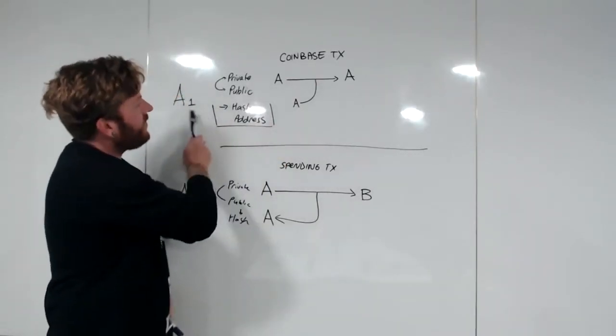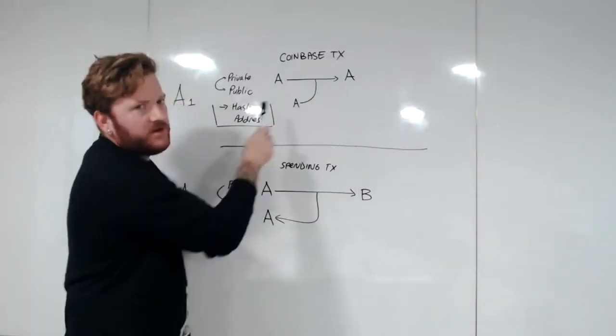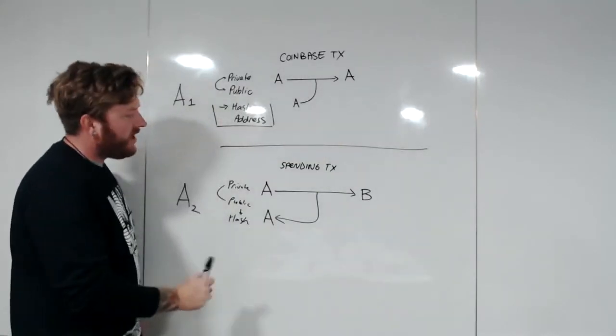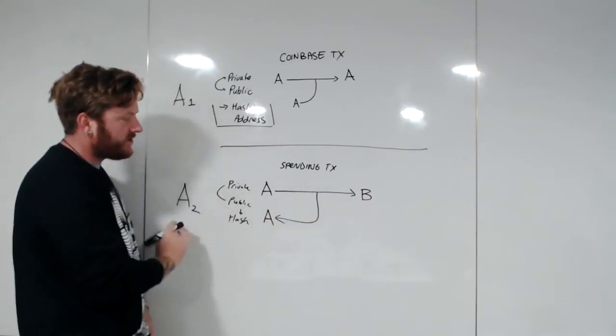Yeah, so A1 can only ever do this. It can only ever send from A to A with the added extra reward added on. That's the only thing that it's allowed to do. And A2 is only allowed to do this. Sorry, actually A2 is